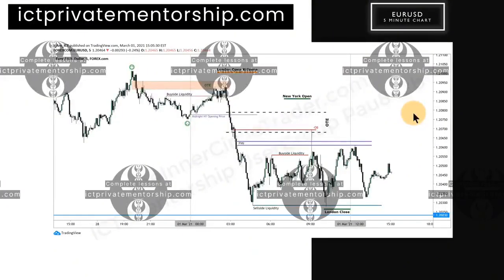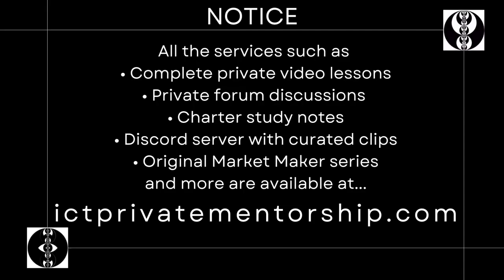The students that are mentorship students at charter level or later in the months, they are looking at the lessons I'm giving now, and they're trying to figure out what's the benefit of doing it. Well, this is exactly what you should have been doing all through the free lesson